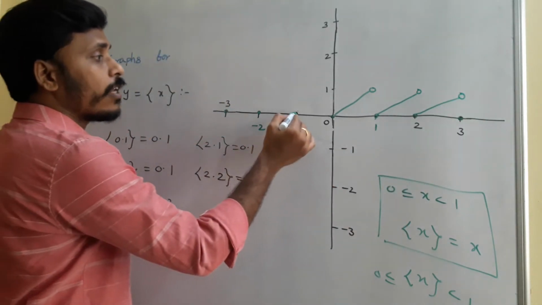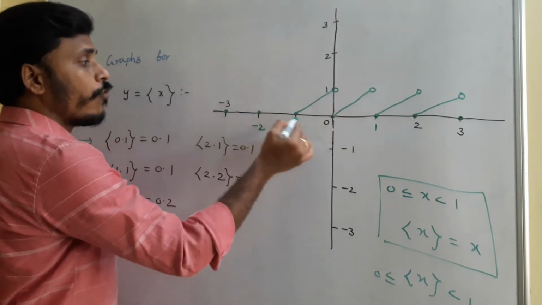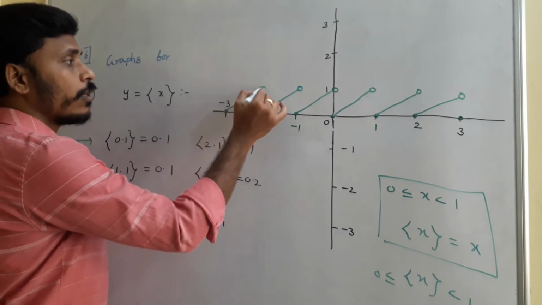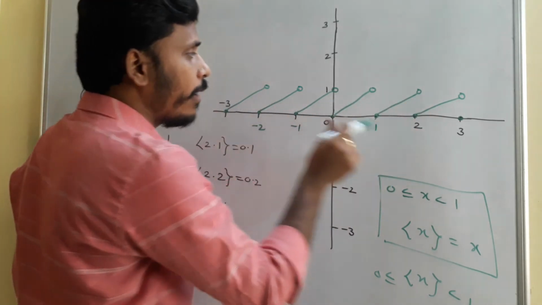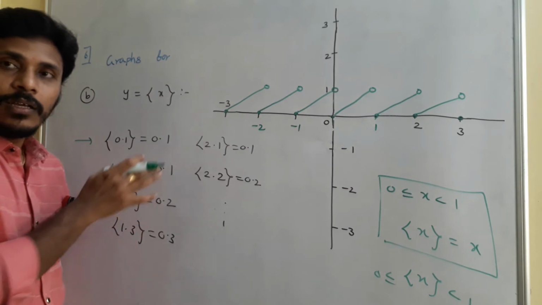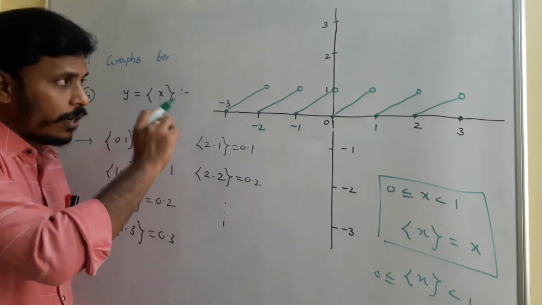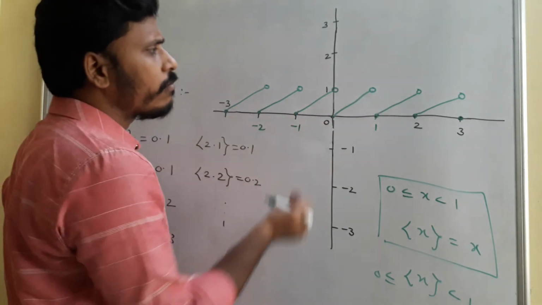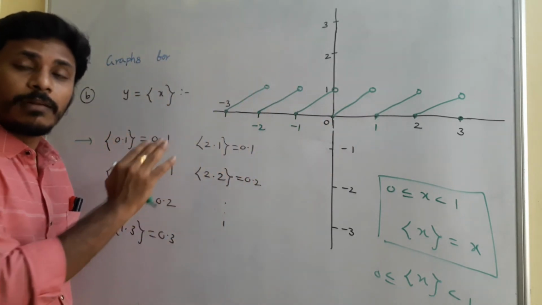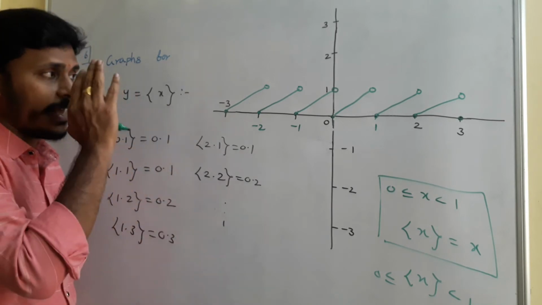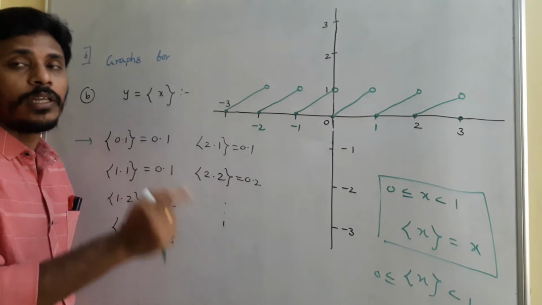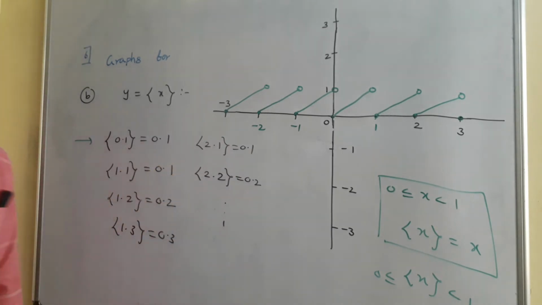So if you move from -1 to 0, from -2 to -1, from -3 to -2, actually all these are of the same length and same incline to the x-axis. They will make the same angle to the x-axis. They are of the same length. Just we are drawing with the pen, right? Maybe there is some difference with the inclination, but exactly the graph is same in all the regions between two consecutive integers. Just have a look. This is the graph for the fractional part of x.